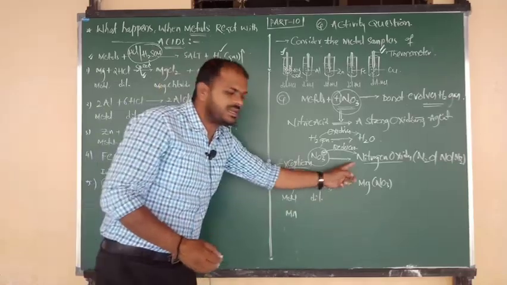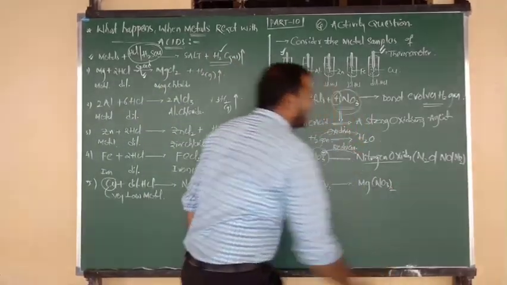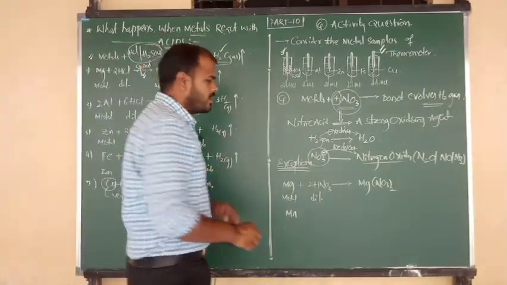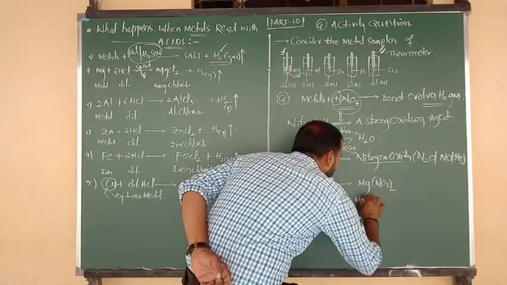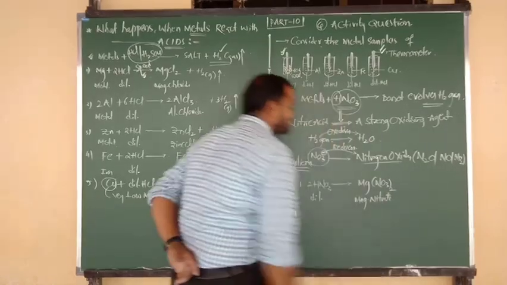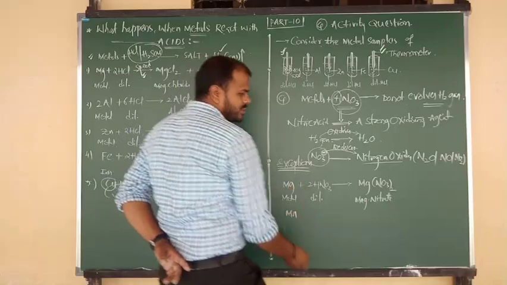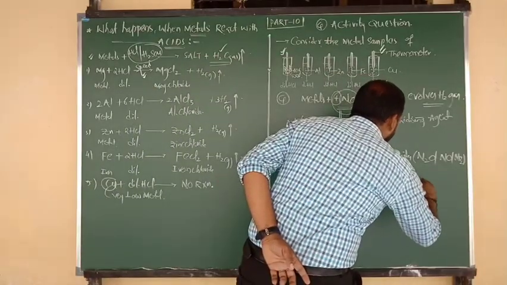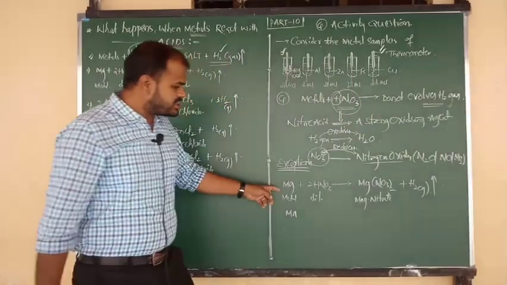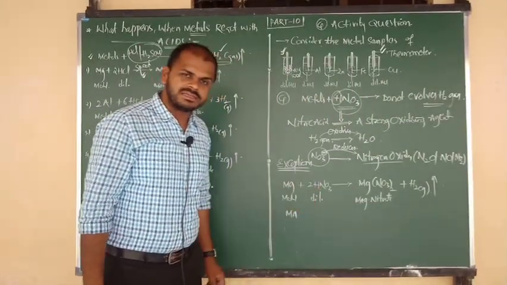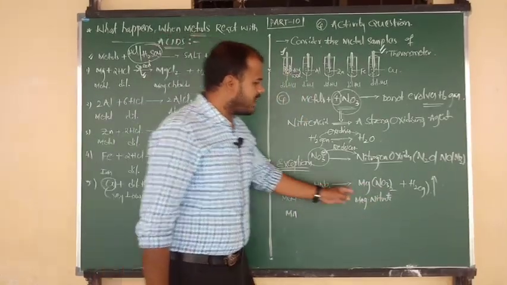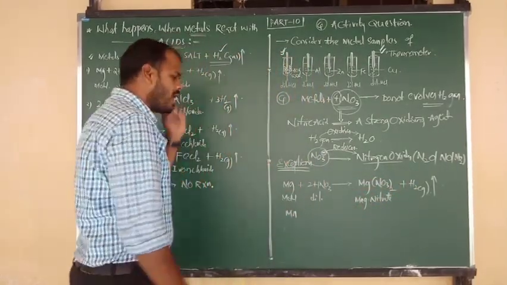Mg(NO3), and Mg has charge plus 2, so we have to write NO3 taken twice, Mg(NO3)2. The name of this compound is magnesium nitrate. And the remaining two H atoms are released in the form of H2 gas. Magnesium metal on reaction with dilute nitric acid gives magnesium nitrate, Mg(NO3)2, and it releases which gas, beta? Hydrogen gas.